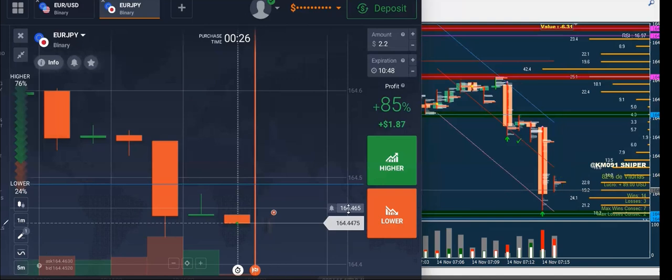What if we have the POC at the end of the candle here? What if we have the POC at the end of the candle? As the situation comes, we will discuss that.